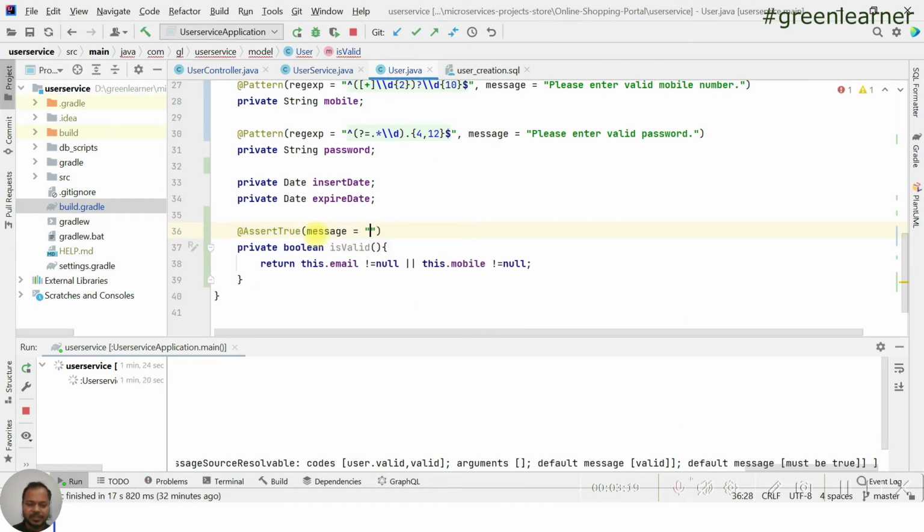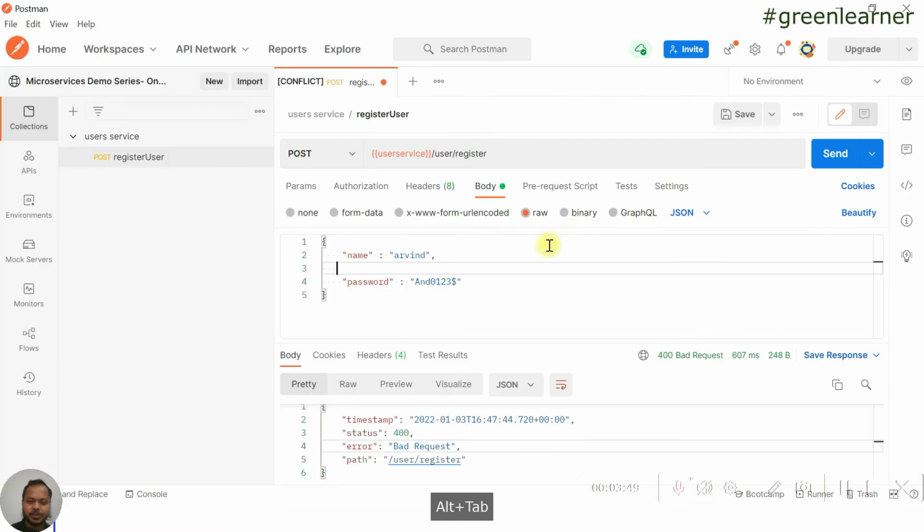We can mention it here that email or mobile is mandatory field, so one of these. We can put it in a programmatic way. So anyone, email or mobile, one of these fields is mandatory. If I restart it and get it executed, it is going to give us the exception.